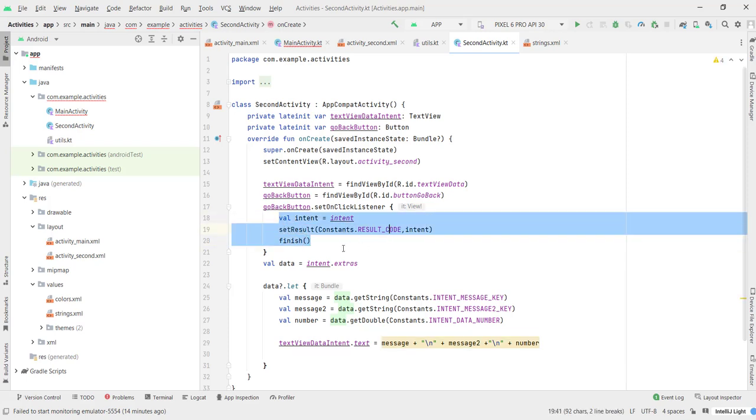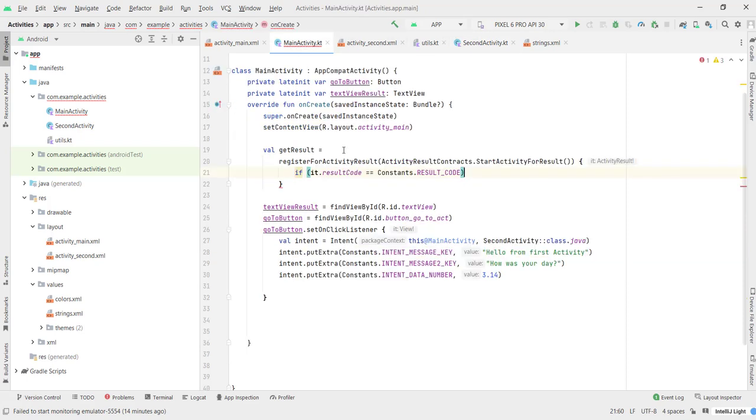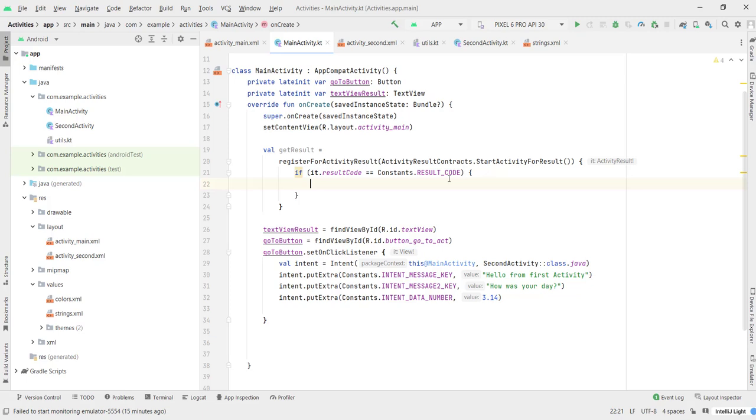This is why we're checking there. And if that is true, I'm going to put curly braces, press enter, and here I'm going to type